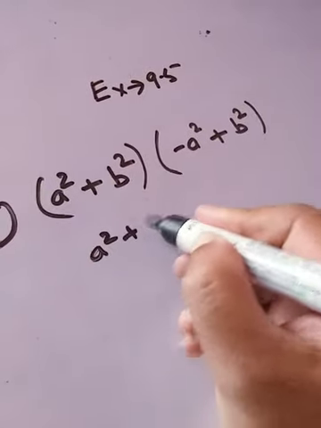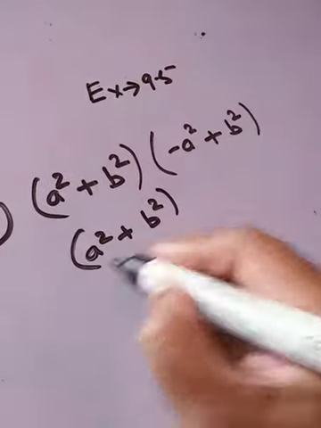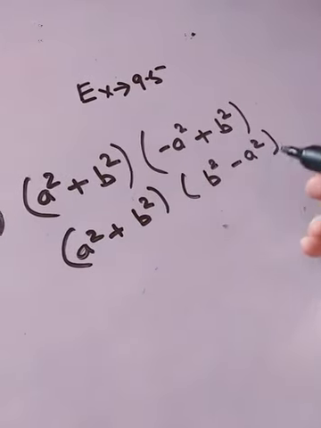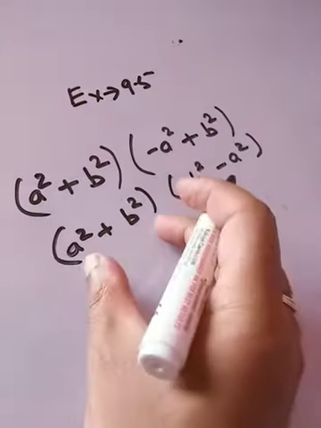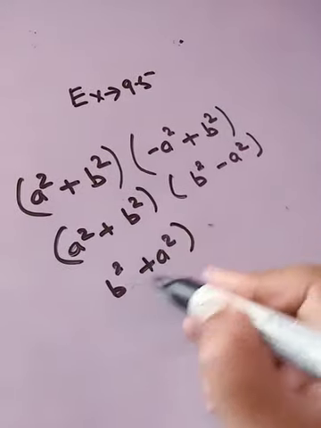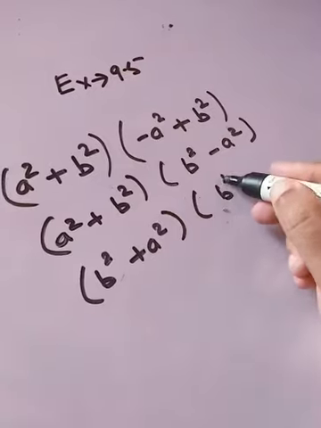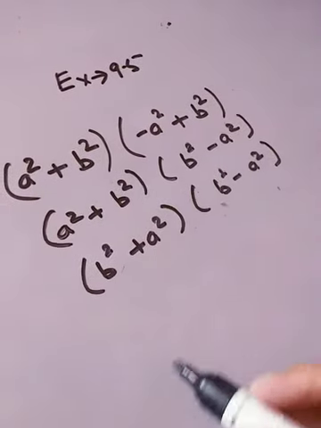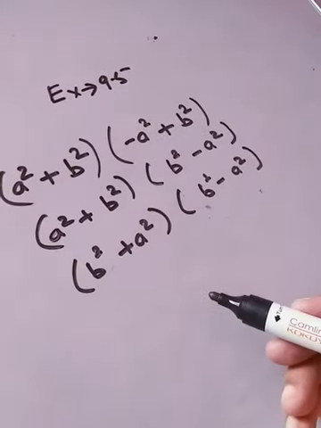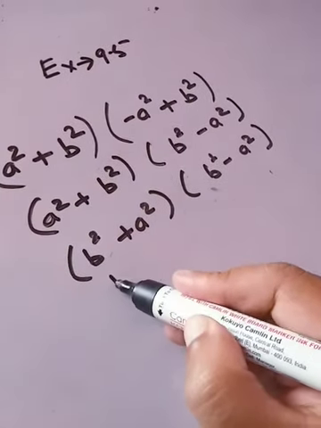See, b square minus a square. We can write this form in this way, and if we change this order a little bit like this, it will be easier for all of you to understand. See, b square plus a square, now b square minus a square, isn't it? Now carefully observe that